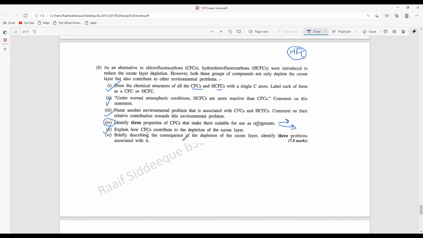Briefly describe the consequences of ozone layer depletion, identify 3 problems associated with this. There are many problems. We'll have a lot of skin cancers. That is one of the consequences. And it can cause cataracts in eyes. That is another one. And